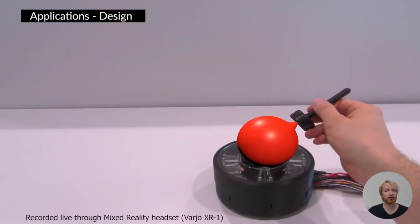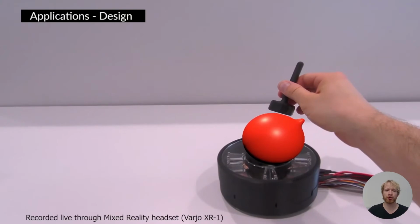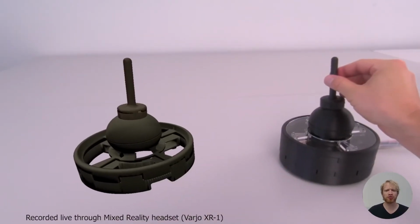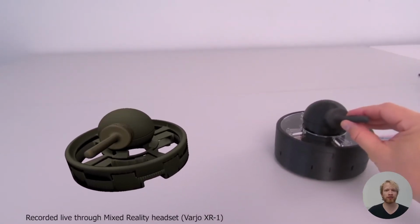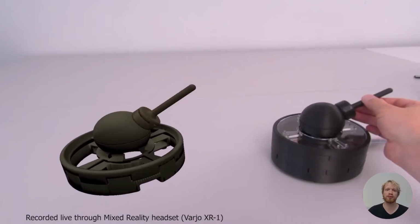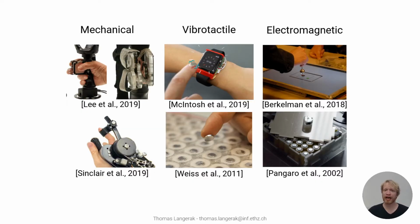Virtual and augmented reality are gaining more momentum due to their promise for immersive experiences. However, to increase the immersion into a carefully crafted artificial world, it is necessary to also support the sense of touch. A lot of prior work exists on this, ranging from complex mechanical designs to vibro-tactile stimuli to larger electromagnetic